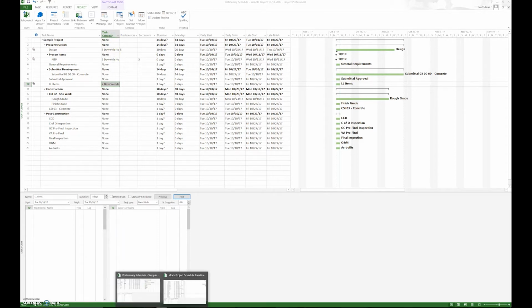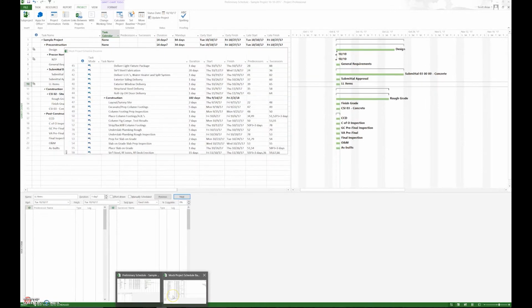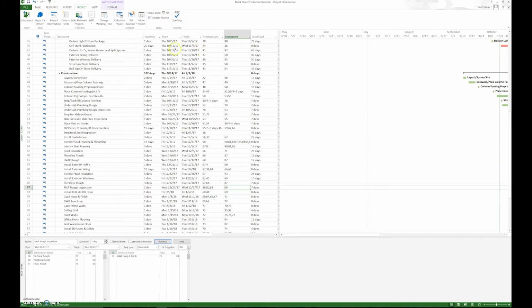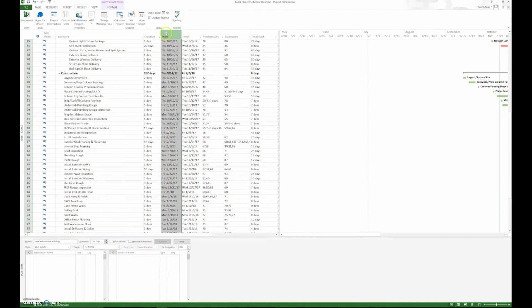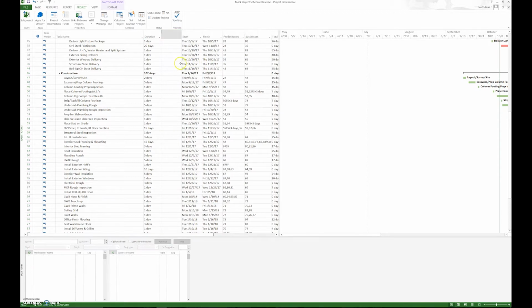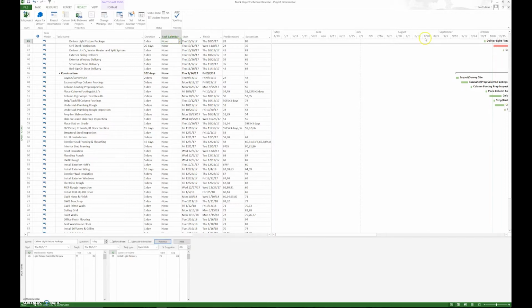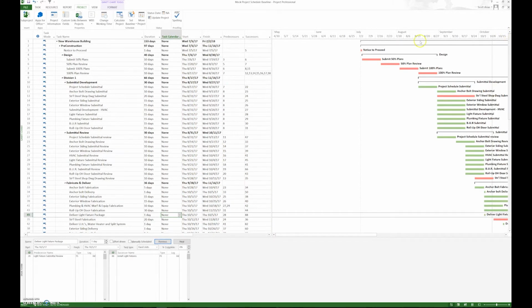Now if we flip over to our other schedule, we can do the same thing where we insert a column, and we want to insert the task calendar. And you can see no task calendars are assigned. And I'm going to teach you some things that would help you because that's a lot of different calendars to assign. So we're going to assign this to a 5-day with holidays. We know everything in the submittal section is going to be 5 days with holidays, and if we know that,